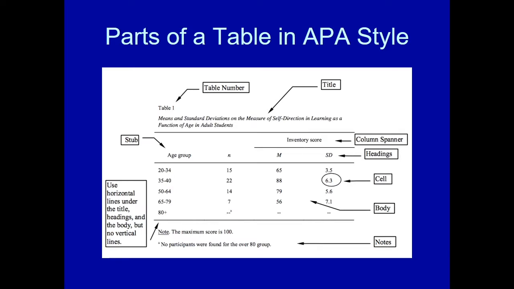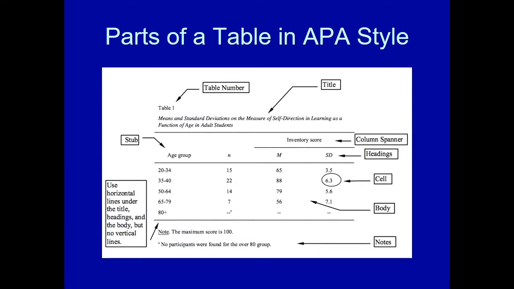The next thing we can talk about are the table headings. So the headings are the next 2 rows in the table, and they're really used to explain how the table is organized. So the first row doesn't have anything in the first 2 columns, but the last 2 columns have a column spanner, which is called the inventory score. Then underneath